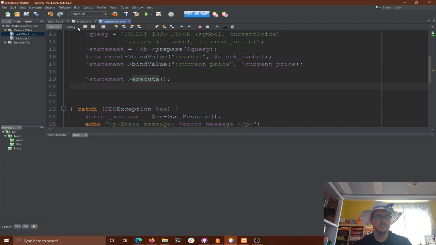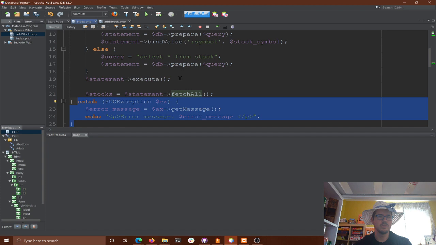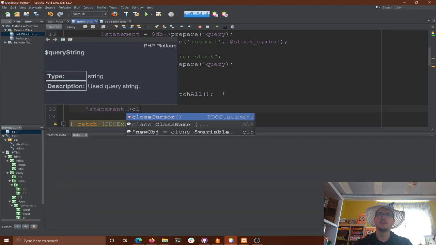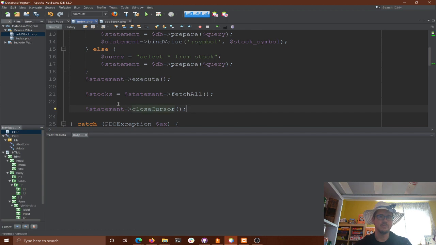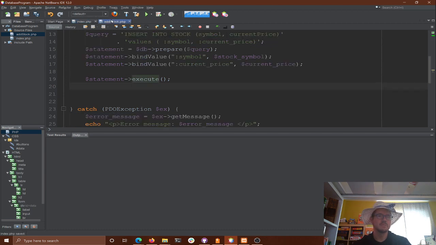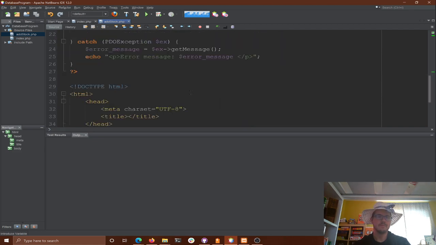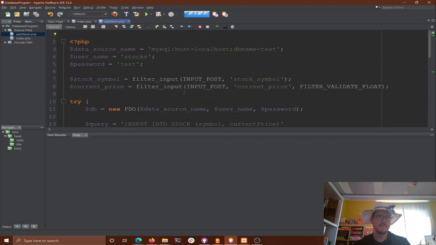Oh, and I forgot one bad thing. I'm sorry, I'm leading you wrong here. After you execute the query and you fetch, we got to make sure we close it here. We're going to statement dot close cursor. This is good format. It closes the connection. Because if you just fetch, it'll leave the connection open, and it'll get the next row, and you can fetch the next row and the next row. So if we fetch all, we can just close it right away. We don't need to worry about that. Sorry, so that is much better form. We'll close our cursor. Okay, so this will add the data to our stocks here.